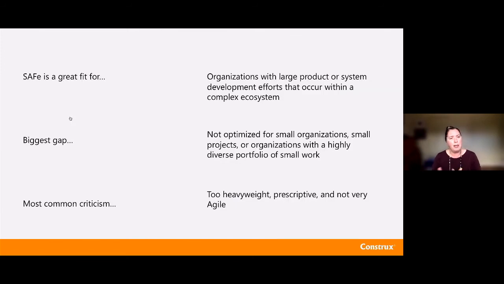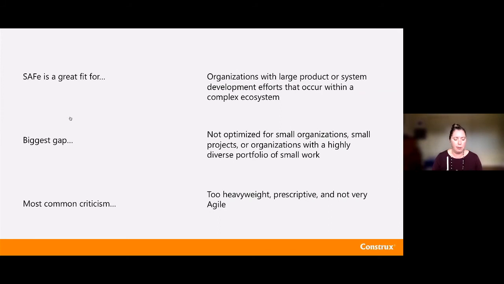So people will often say SAFe is a great fit for organizations that have a really large product or solution in a complicated ecosystem. I've definitely had a lot of customers who use it when there's just a lot of coupling between the teams. Maybe the infrastructure, like the continuous deployment pipeline I was talking about, is not as modern and streamlined as they want. And they need more management around the work just to make sure all the pieces are coming together in the right ways and everything is really being integrated in the right ways.